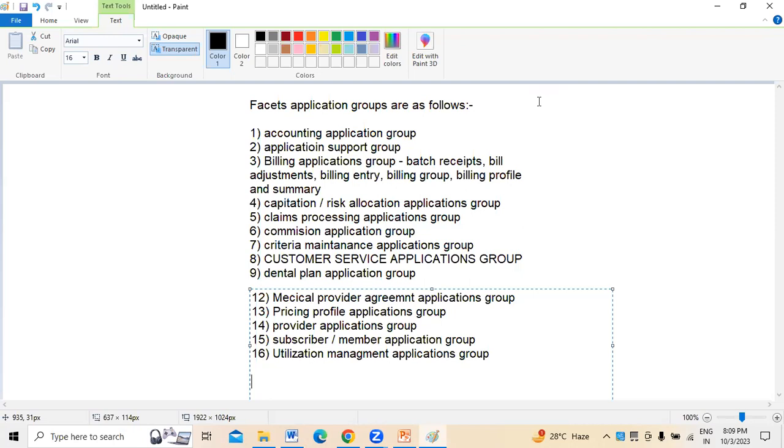Next one, important one, which being a business analyst, especially whenever we are working on the business analyst role, if there is any changes or any customization to be made, the remaining areas are there, but majorly one is about claim processing and application. This is where generally there are some customizations which are required for us to make. At the same time, next one, I'm talking about subscriber member application, where we need to mention